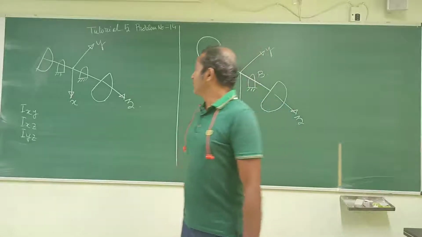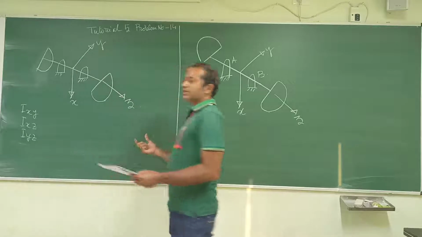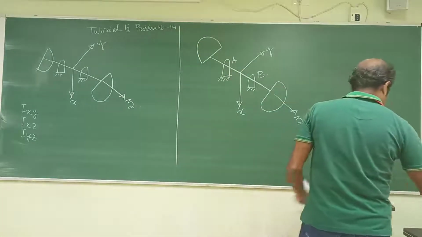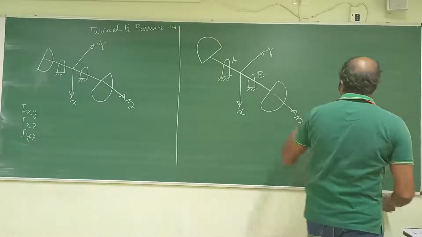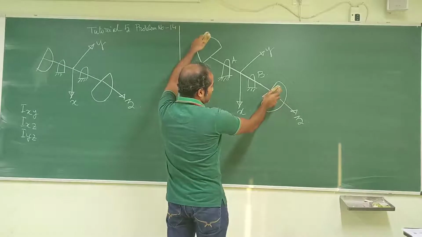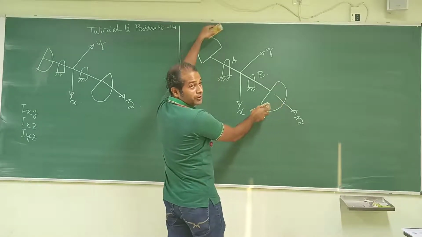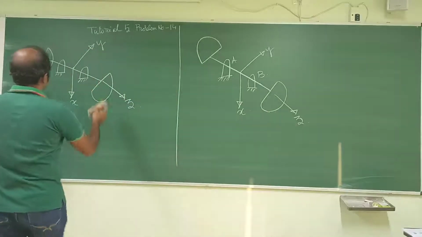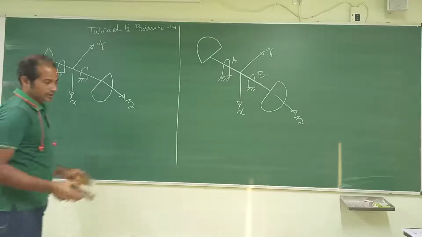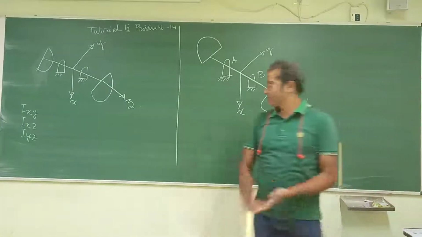Now look, those semicircles are being placed in the opposite way. That means with the shaft, one is placed downward, other is placed upward, but over here both the semicircular discs are placed in the same way, downward. Okay, so now let us look at the product of inertias.